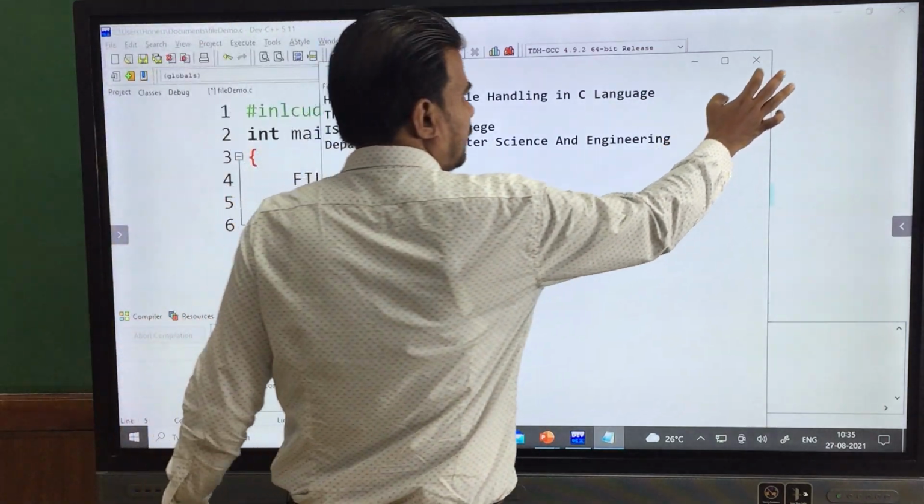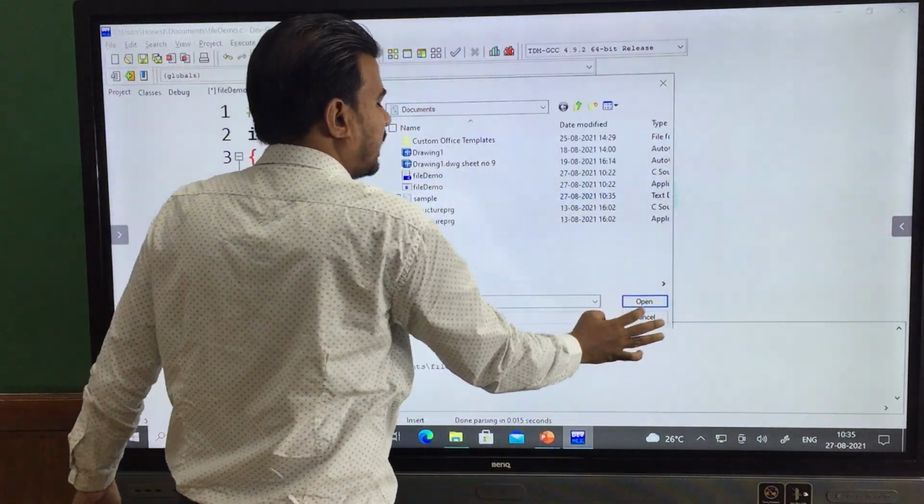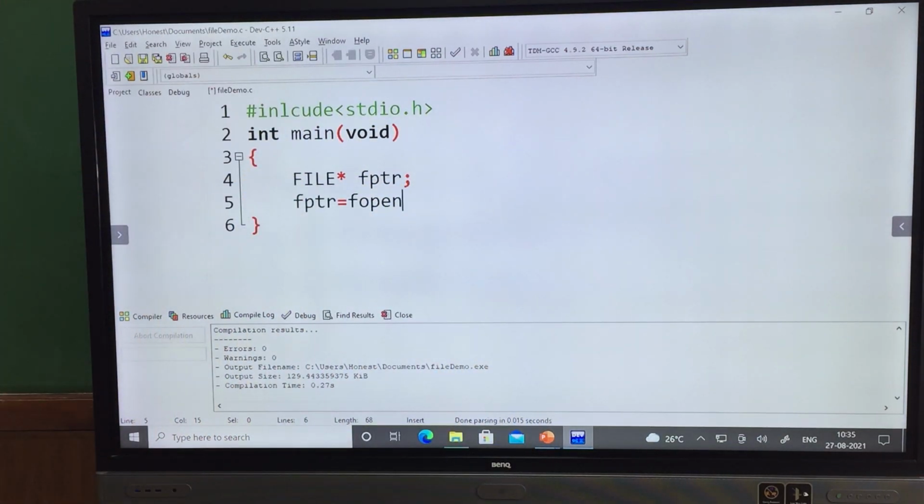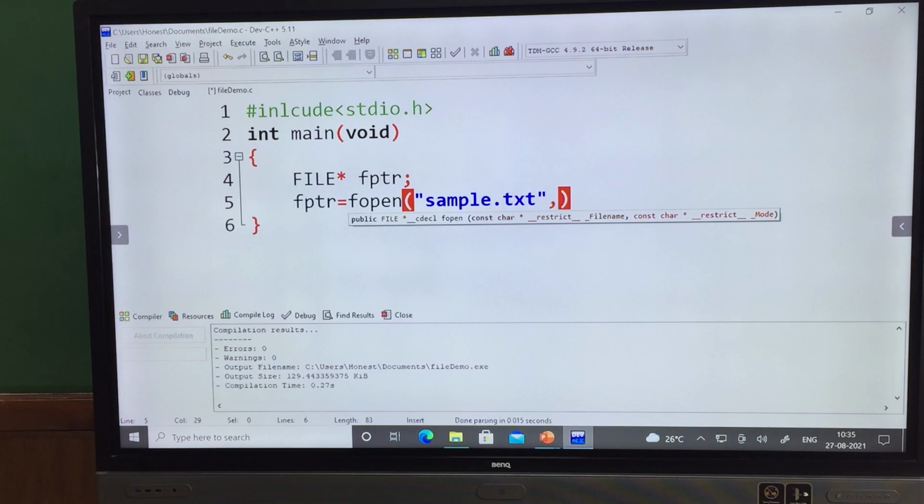Okay. So I want to perform read and write operation on this content. So cancel it. So just start typing fptr equals fopen of file name. What is that file name? Sample, isn't it? Sample with small s, sample.txt, and open the file in read mode. So where will the cursor be positioned? It will be positioned at the beginning of the file, isn't it? It will be positioned at the beginning of the file.